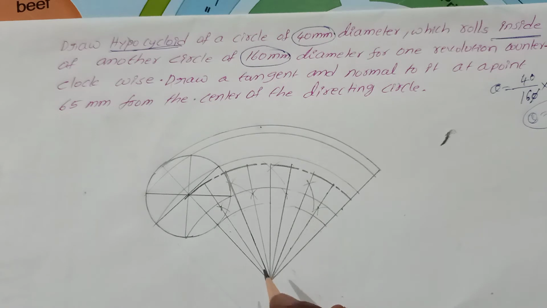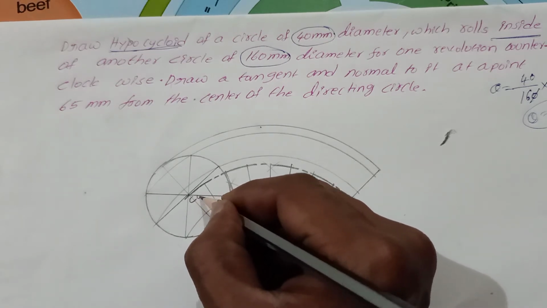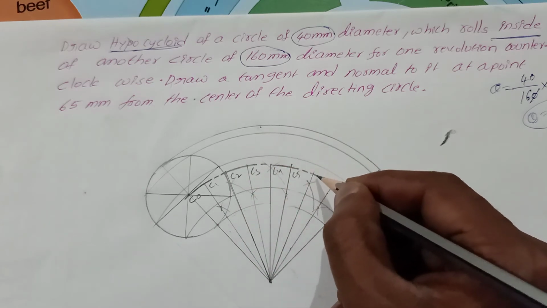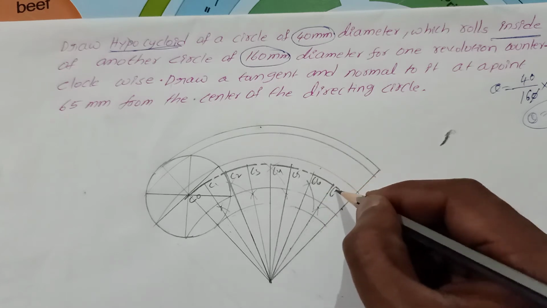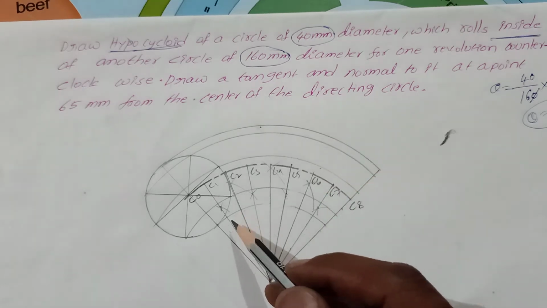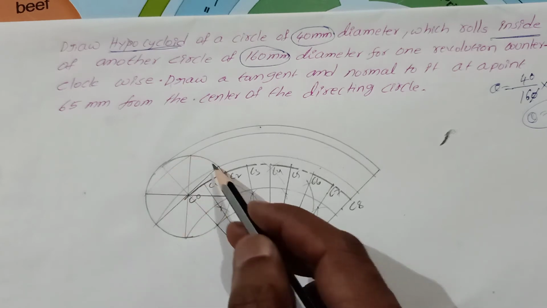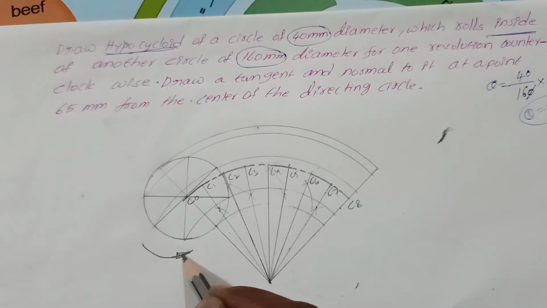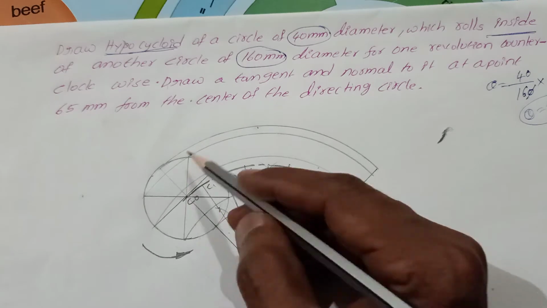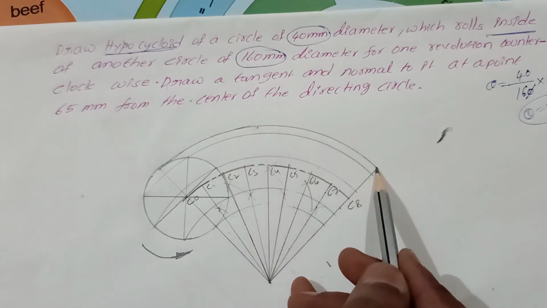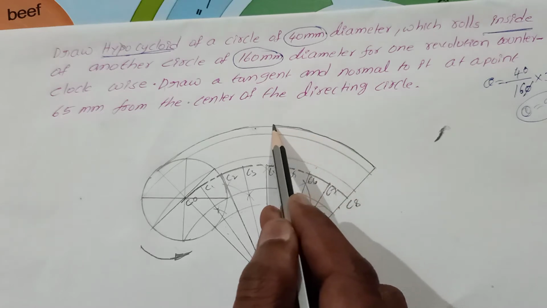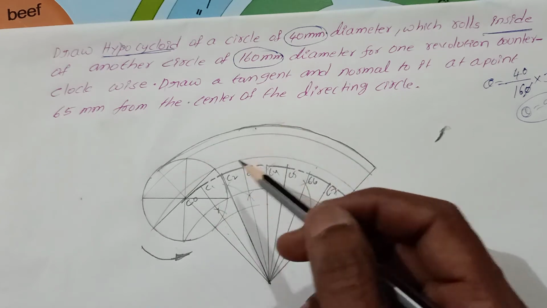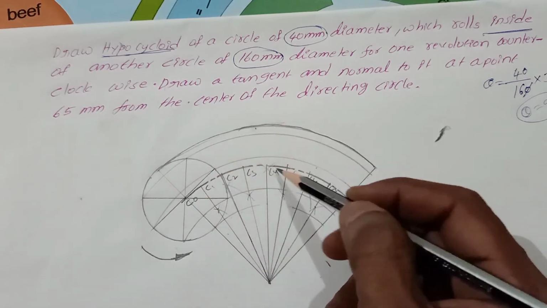Now indicate C0, same as epicycloid: C0, C1, C2, C3, C4, C5, C6, C7, C8. First of all, indicate the points on the circle when it is rolling in the anti-clockwise direction. It is rolling now like this. This total is the sector. The circle is rolling inside. This is the base now. So it is rolling in the anti-clockwise direction.